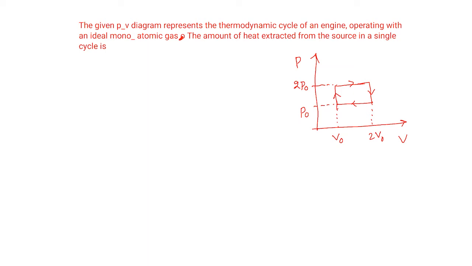The ideal gas, right? So the basic working of a heat engine is this. There will be a working substance, that is gas. Gas will be the working substance, and there will be a source here. The source will be maintained at a higher temperature. The source will supply heat energy.